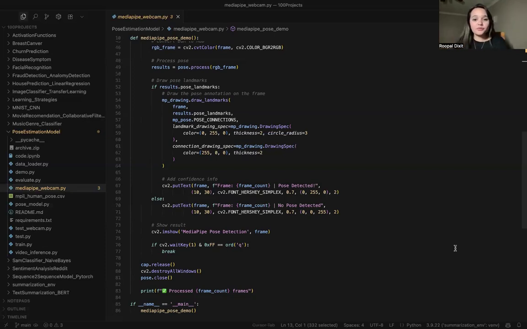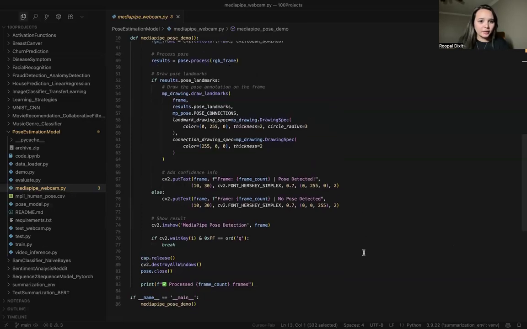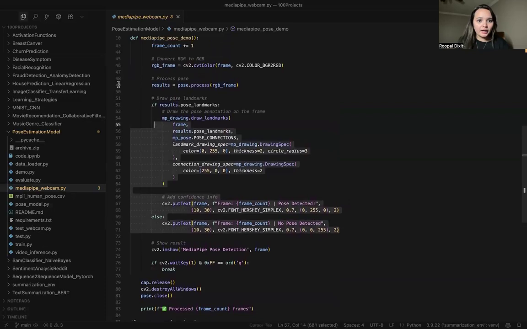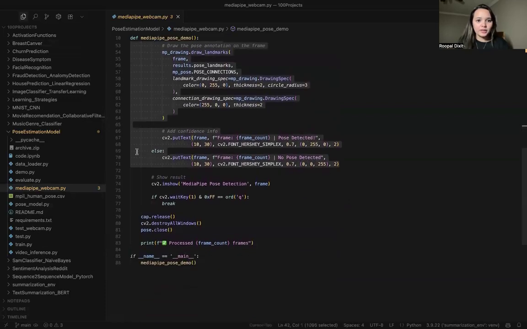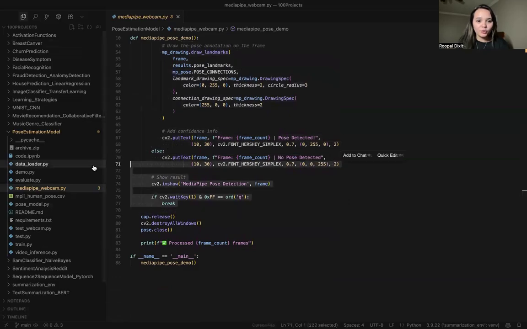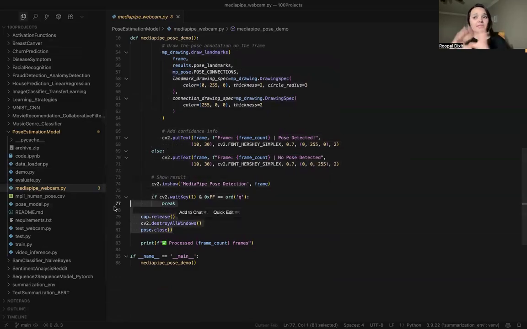And then the pose.process function runs the pose detection model and returns the landmark data, that is the feature coordinates, where the shoulders are, where the knees are, where the face, nose, eyes, and hands are. And then the display of these things, we can see here. Here the results are being formed, and the display is done with show and then release. This is all happening in the webcam only. And these are the processed frames also, and we can just run it for the demo.